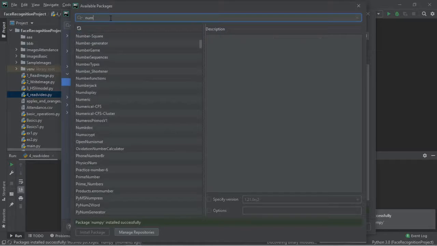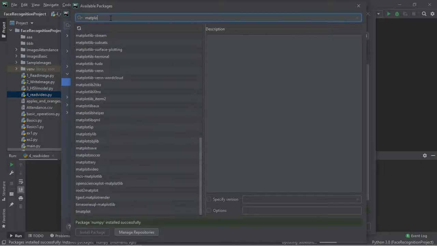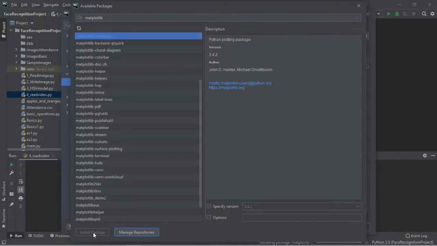And similarly, we can add Matplotlib also. If you type Matplotlib in the search box, this will be selected. Then click on install package.